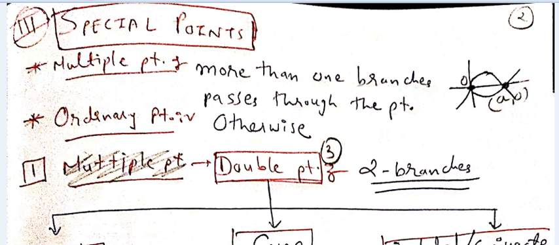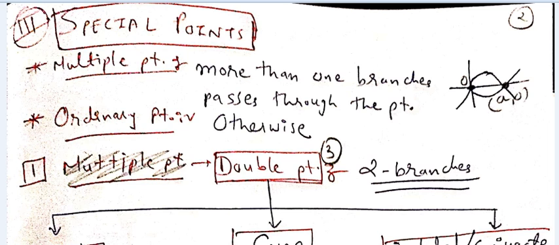And what is the meaning of special point? There are basically two kinds, multiple and ordinary. Multiple means a point through which more than one branch passes. For example, this point origin and this point a comma 0. For this point exactly two branches of the curve pass, so the word is double point, and otherwise it is called